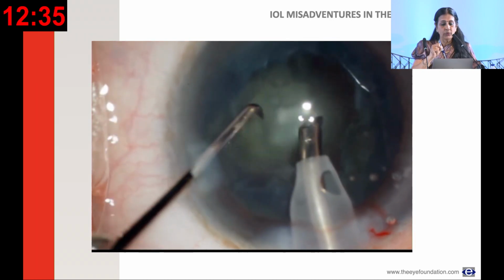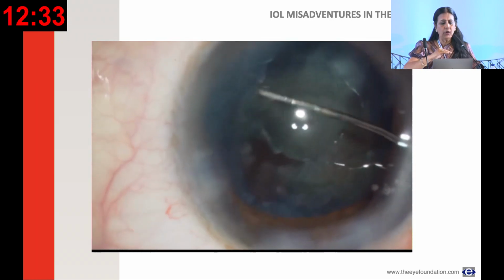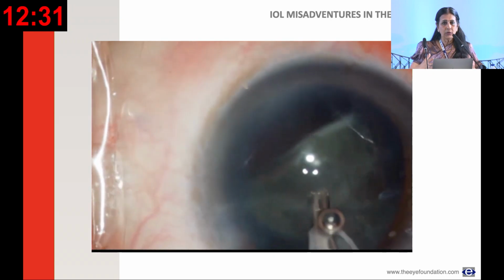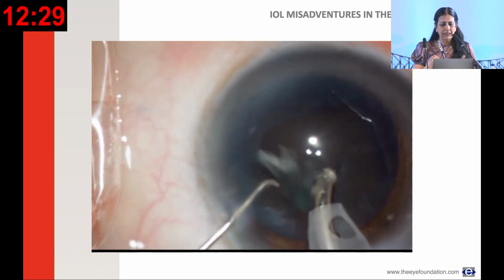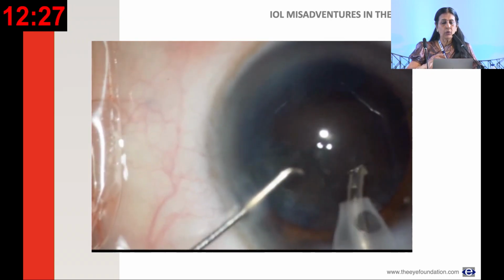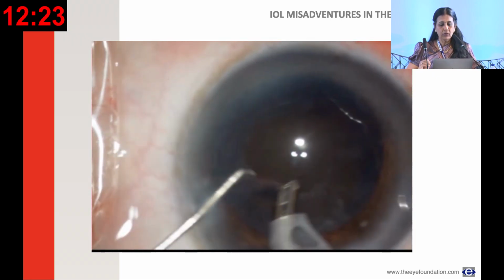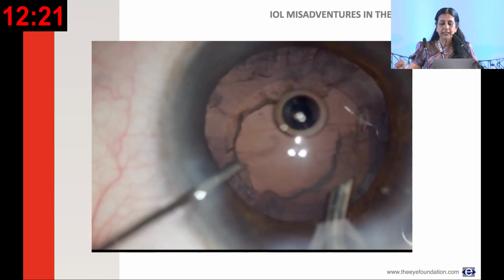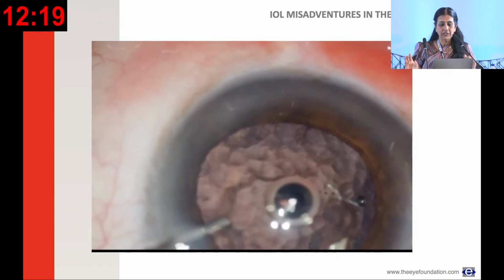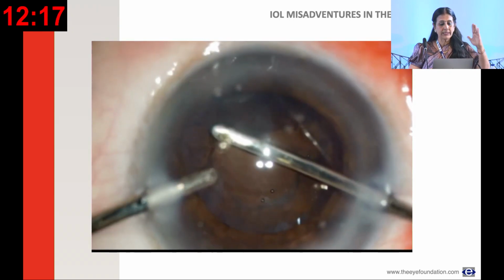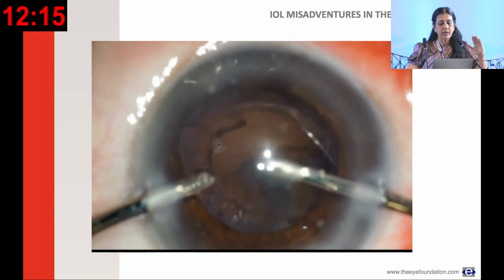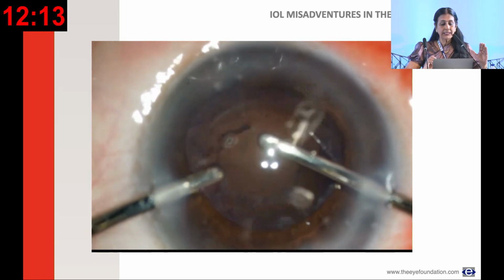Once that endonucleus is out, you could actually do a viscodissection, because now the bulk of the content of the bag is out, and so invariably the whole epinucleus will fold on itself and come out. Sometimes it might not, and you would have to do an aspiration. I see that horizontal PCR, and even after steps, I still inject viscoelastic because I would want to tamponade the vitreous, and then you can see it's a bimanual